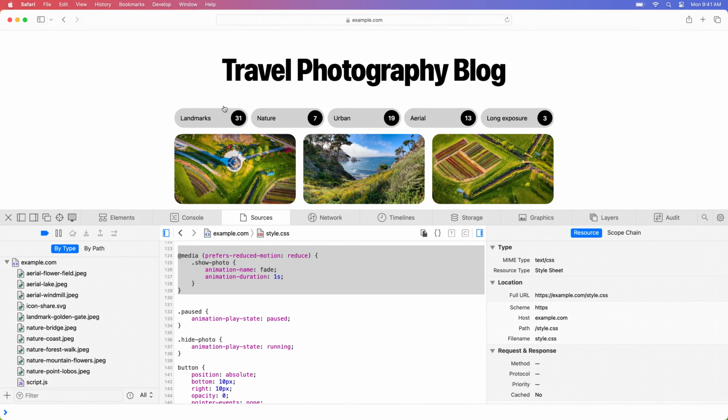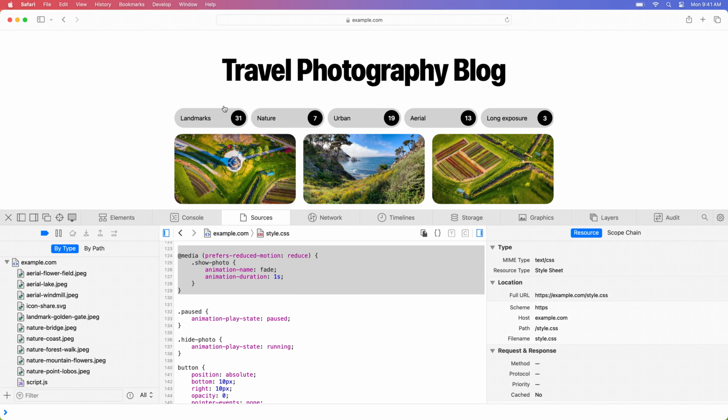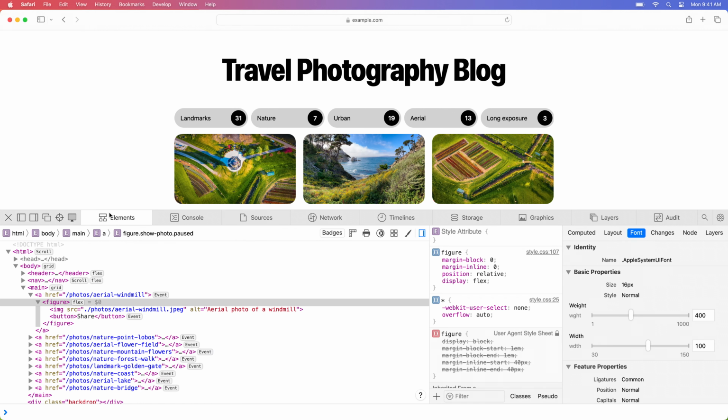Oh, it still runs the same animation. That's happening because I defined the new animation guarded by the Prefers Reduced Motion media feature. But the page still respects the default system value for this preference, which is set to off. Let's adjust that. I'll click back to the Elements tab. Here, I'll open the User Preference Overrides popover. In the Accessibility section, I'll open the pop-up menu to override the user preference for reduced motion. I'll change it from the default value on my system and set it to on.